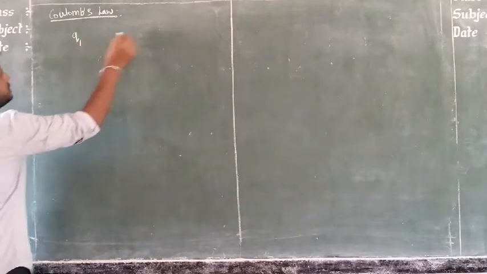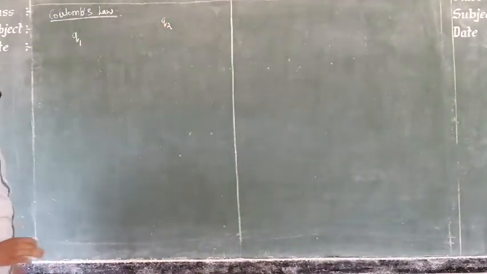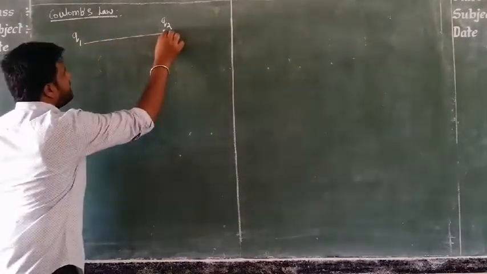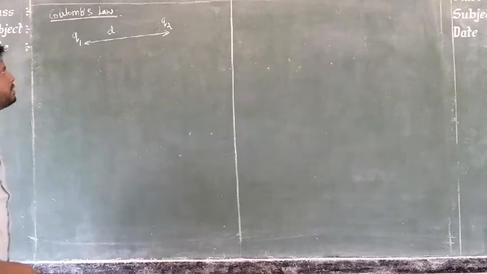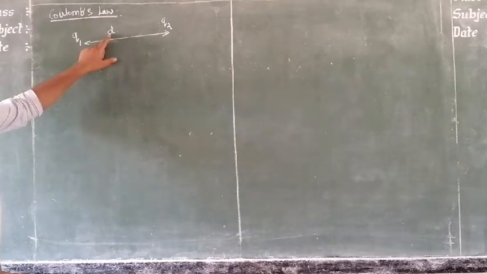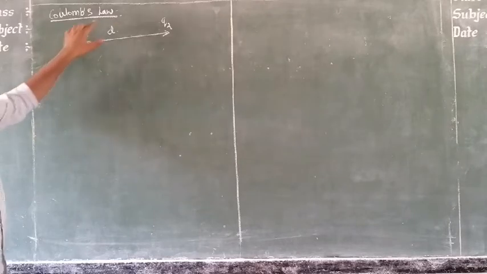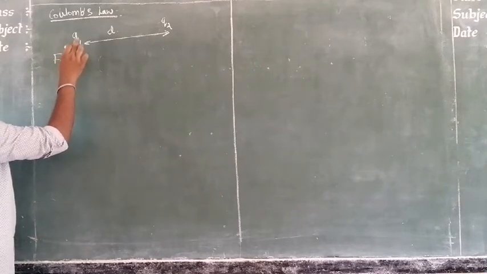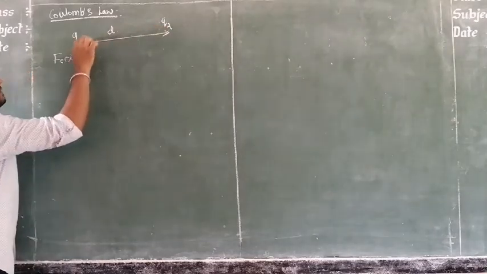Consider this is Q1, this is Q2. These two are placed here and they remain always at rest. They are separated by a distance d. Q1 and Q2 are two charges separated by a distance. Now, the electrostatic force between these two charges is along the line joining them. It means along the line joining between them,